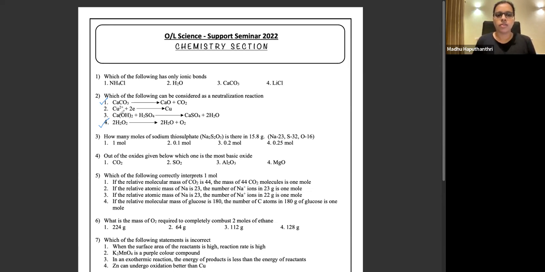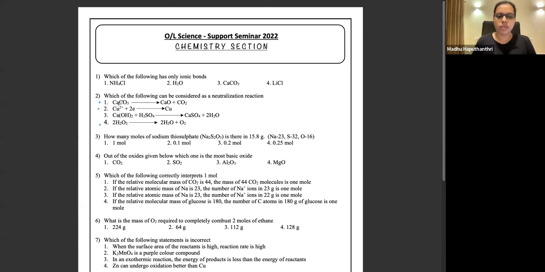So if you take the second one, Cu2+ is accepting 2 electrons to go to Cu. Right? Cu2+ is accepting 2 electrons to go to Cu. So there, if someone is accepting electrons, what do you call that reaction? Quickly let me know. Right, it's a reduction. If someone is accepting electrons, that is a reduction. So the second one is a reduction. I will take these two ticks away. This one I discussed, this one I discussed. Second one is a reduction.